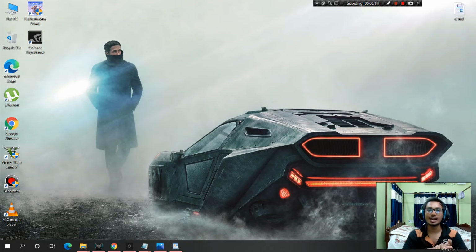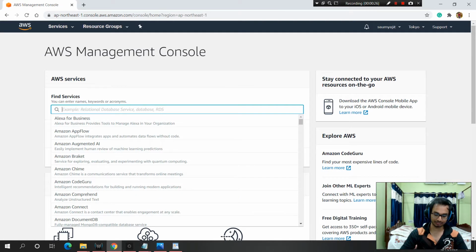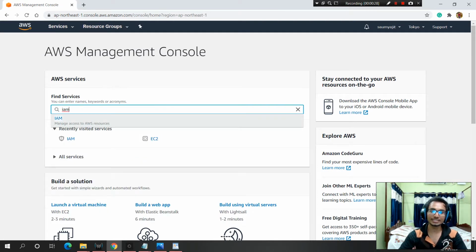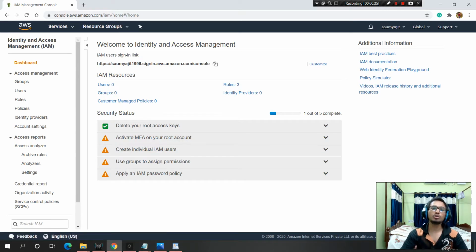So today we will have hands-on of how you can create a user, how we can create groups, and how we can assign the user the permission which the user needs. So for that, you log into your AWS console with your root account and then you type IAM, which is Identity Access Management Console, and we already discussed this. Now you can see users 0, groups 0, which means there's no user, no groups.